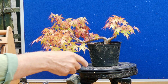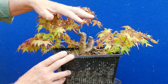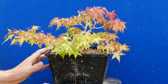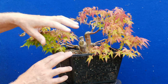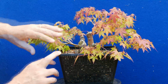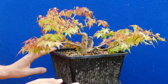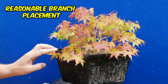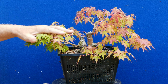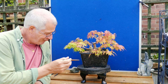The sister to this one is this one, and again, if you have a look at the video, you'll see I made an absolutely ridiculous error with it. Cut a branch off, I never should. But we've got this, what's probably going to be some sort of clump or something like that. For a year, it's definitely producing roots. I've got roots in the bottom of this, and overall I'm happy, and it's going to be interesting, and certainly has good potential for a bonsai, but not yet,